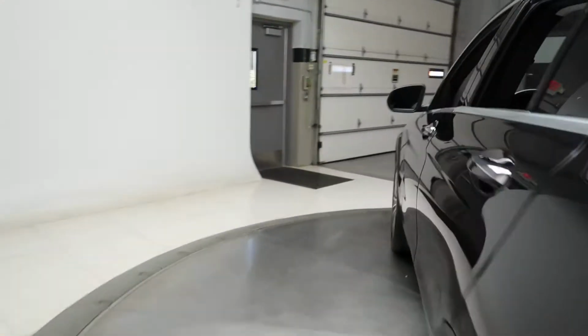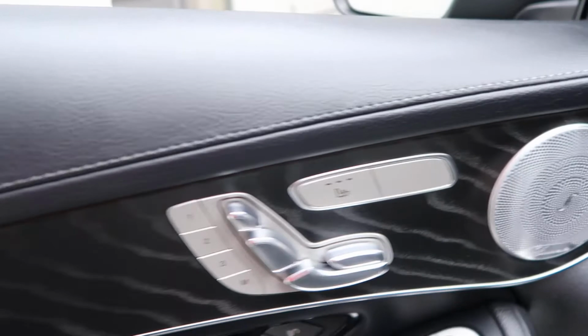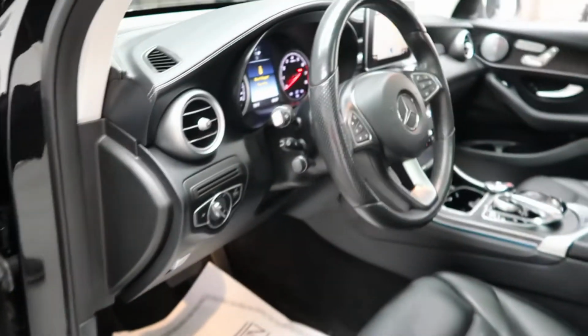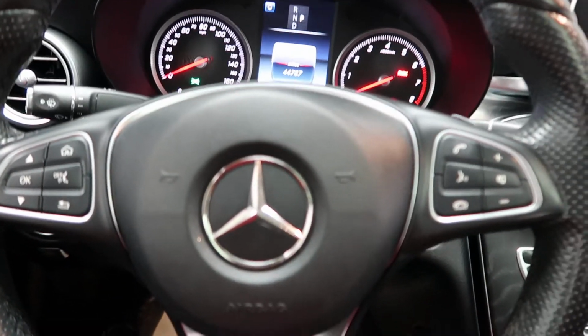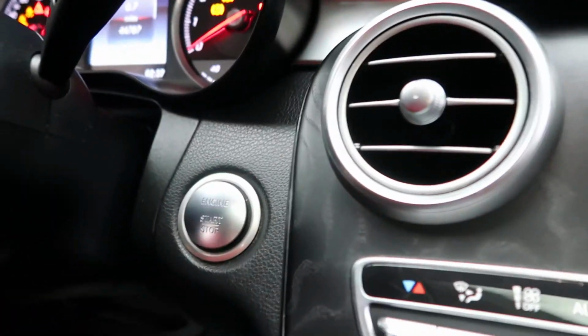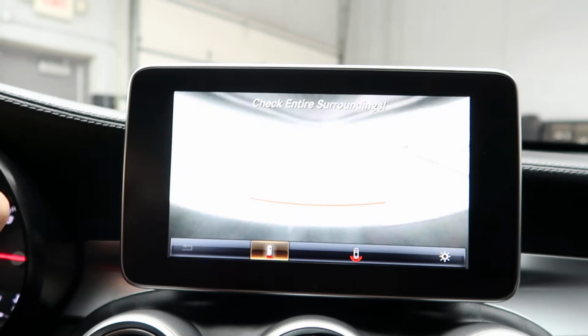Coming alongside, this one does come with the Premium 2 package, which is going to give you a blind spot assist, Burmeister sound system, a black ash wood trim, heated seats, memory seats, power windows, heated steering wheel. And then we've got our steering wheel controls, paddle shifters for extra performance, a push start ignition, navigation, rear view